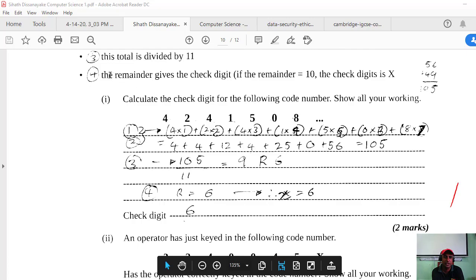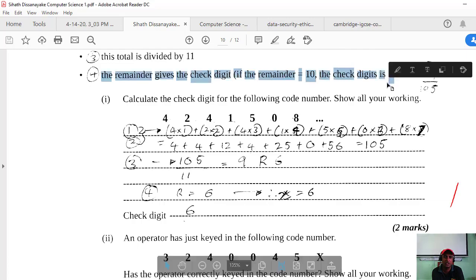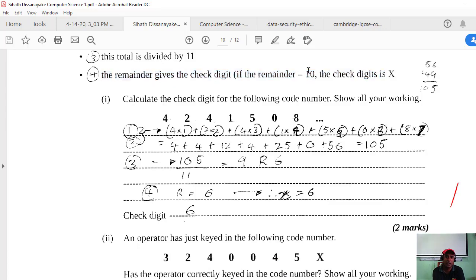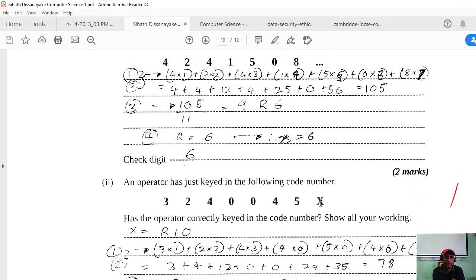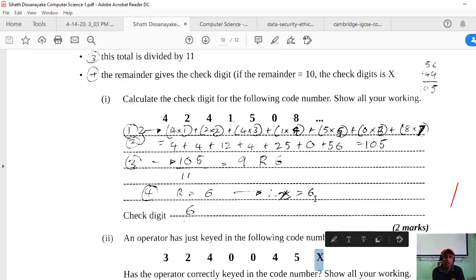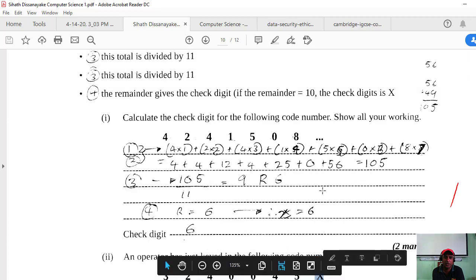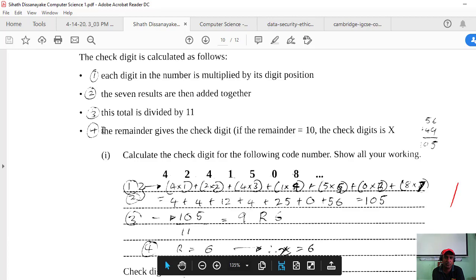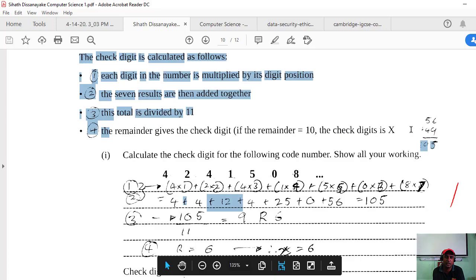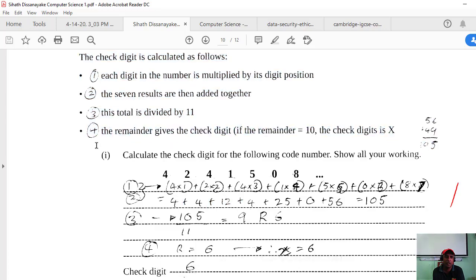It says that the remainder gives the check digit. If the remainder is 10, the check digit is X, right? Okay, they are asking whether this value is correct because the answer has a point here. The remainder gives the check digit. Point number 4.